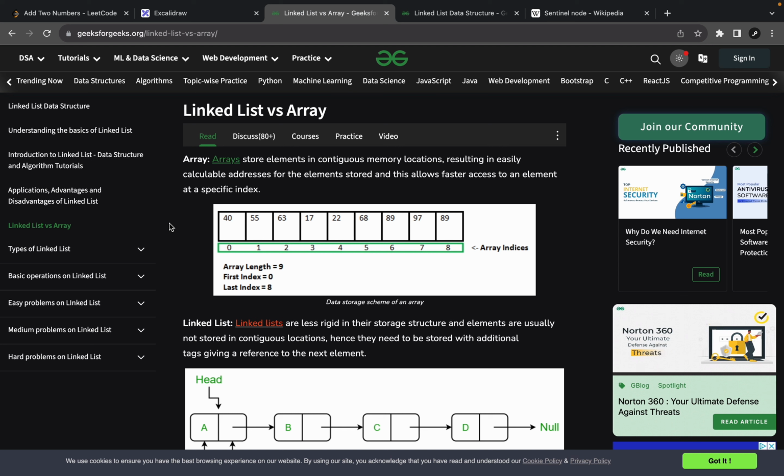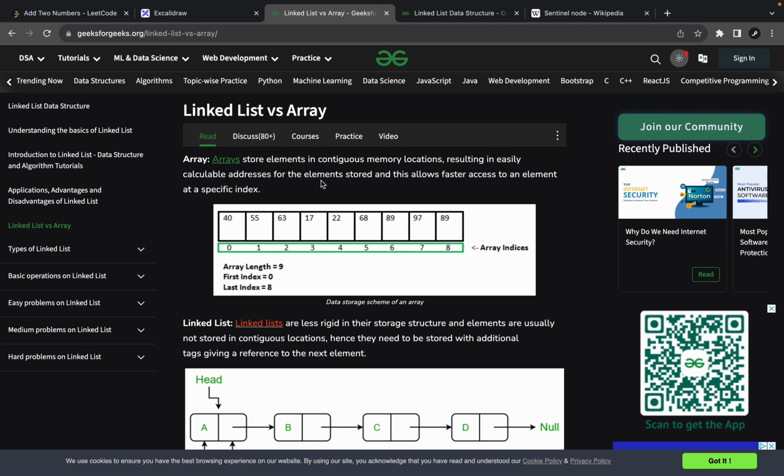So looking at their definition of an array, they write arrays store elements in contiguous memory locations, resulting in easily calculable addresses for the elements stored, and this allows faster access to an element at a specific index. Whoa, what does that mean, right? The keyword here is the word contiguous,